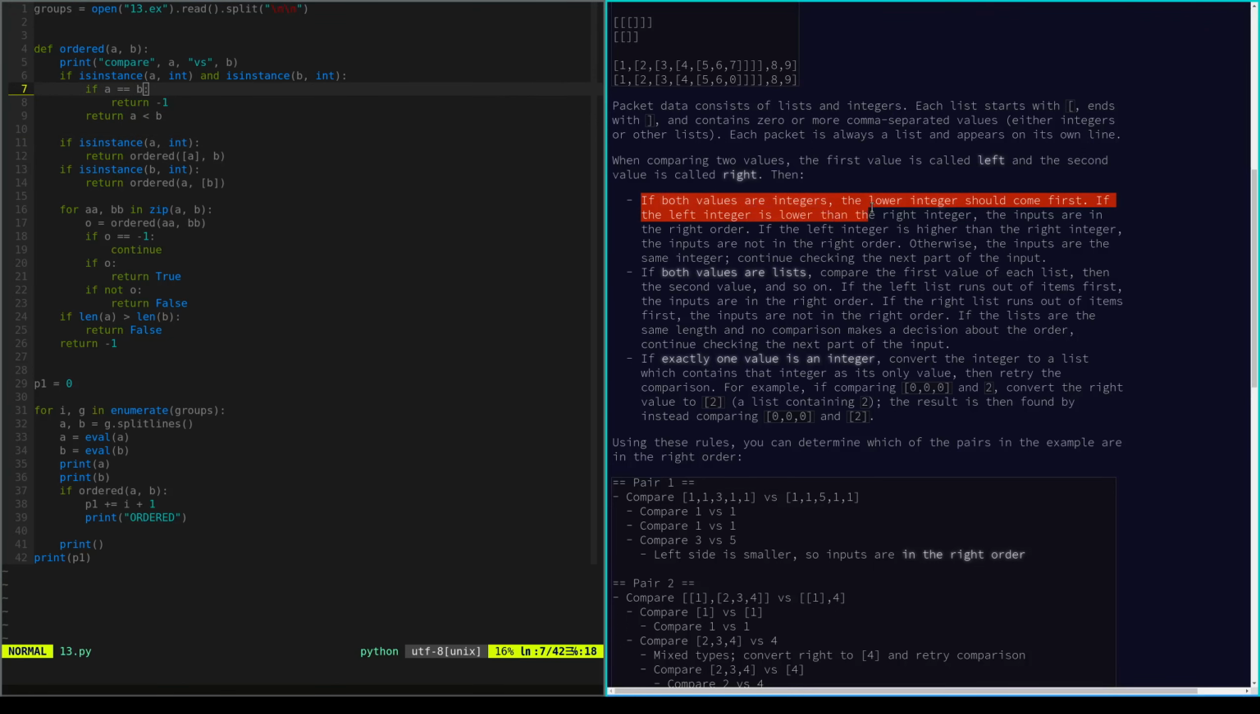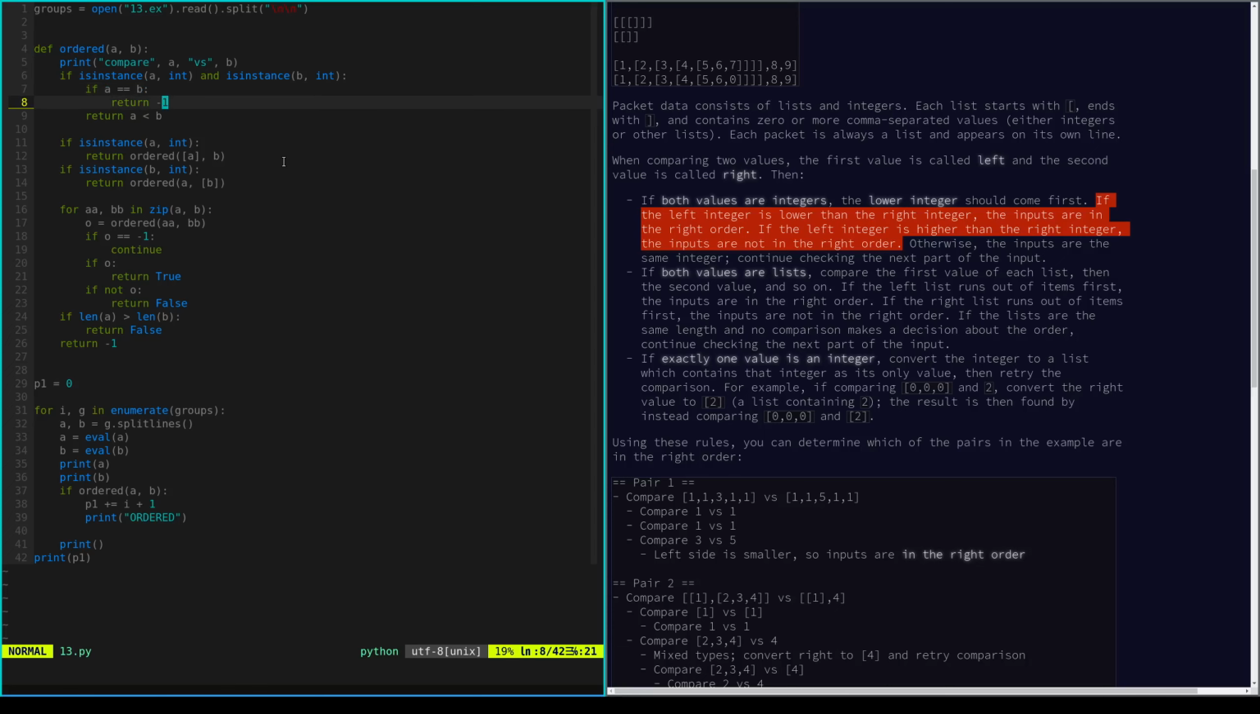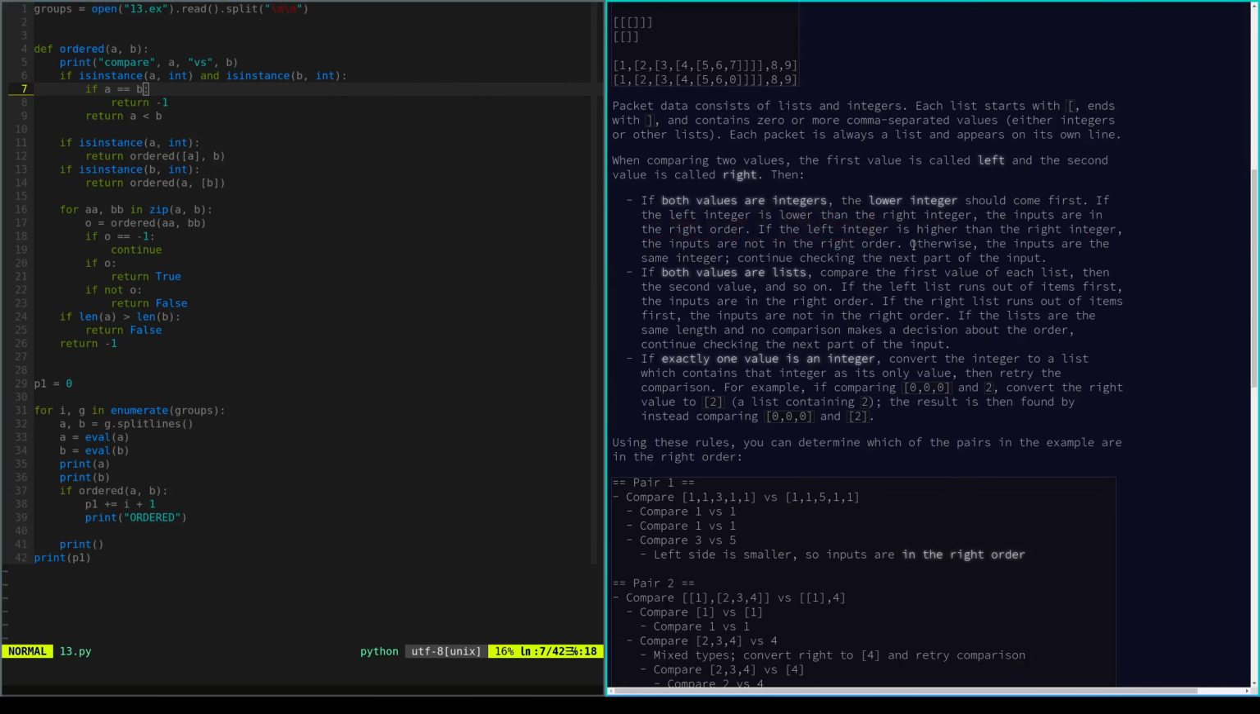If both values are integers, the lower integer should come first. If the left integer is lower than the right integer, the inputs are in the right order. If the left integer is higher, they are not in the right order. Otherwise the inputs are the same integer, continue checking the next part of the input. So these two,